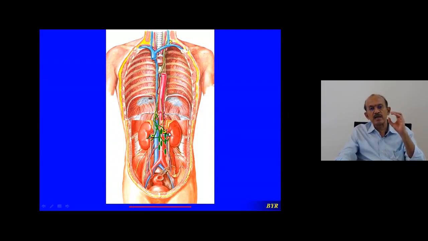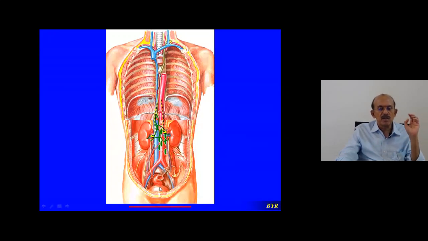And these lymphatics that are there in the pelvis of the kidney engorge, they become varicose, they become thin-walled, and if pressure increases, they burst into the renal pelvis. Once they burst into the renal pelvis, what will happen? The chyle is leaking into the pelvis, and they go into the ureter and collect in the bladder. And when the patient voids urine, he will void milky white urine. That is called chyluria. So that is how it occurs.